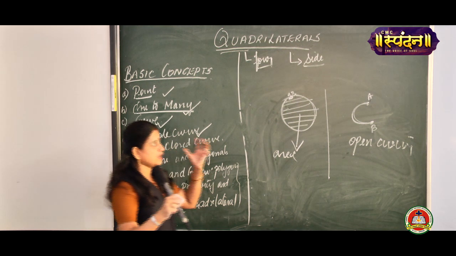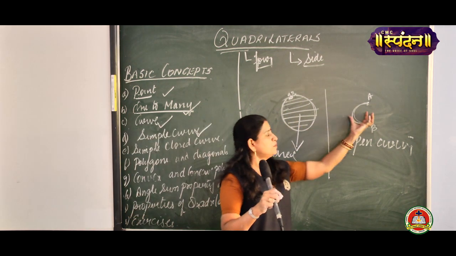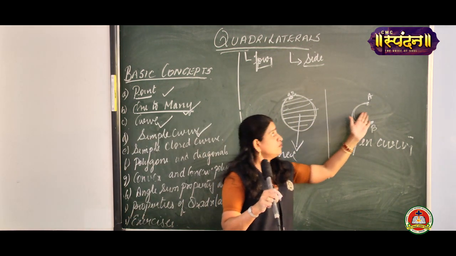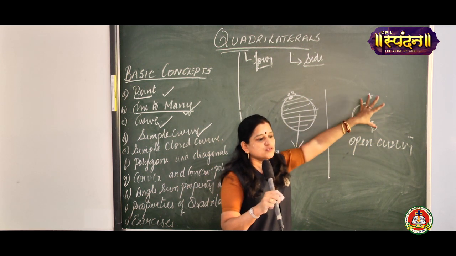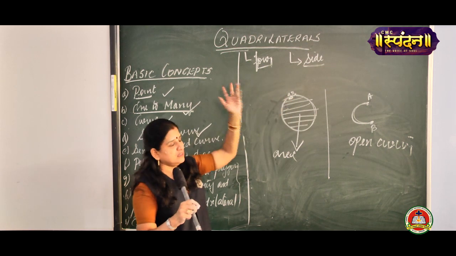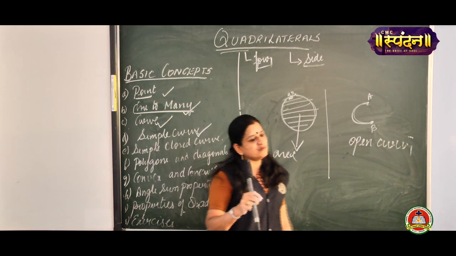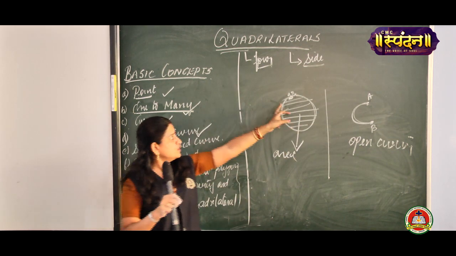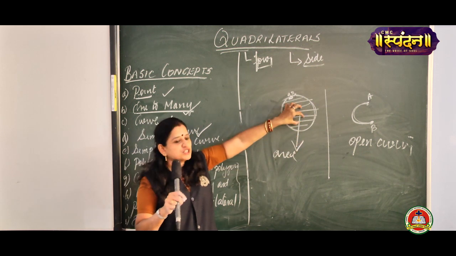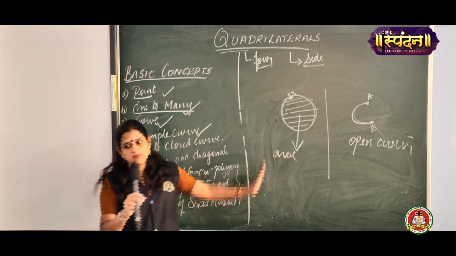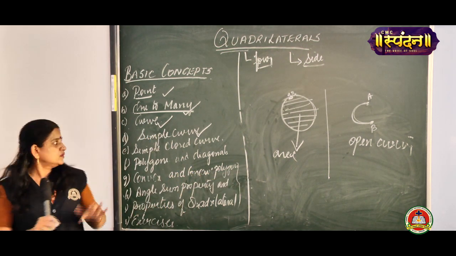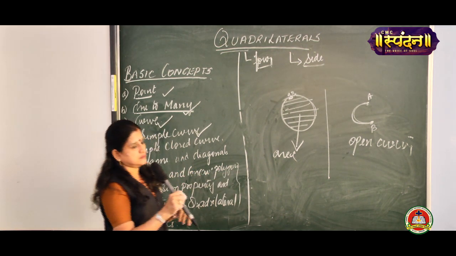There is no area, no portion is occupied in between. We have a wide area over here. We cannot say this particular area is occupied over here. So we cannot have any area over here. Area is infinite. Any area can come over here. So here if you observe the closed curve, some portion of the area is occupied over here. So this is the difference between closed curve and open curve.